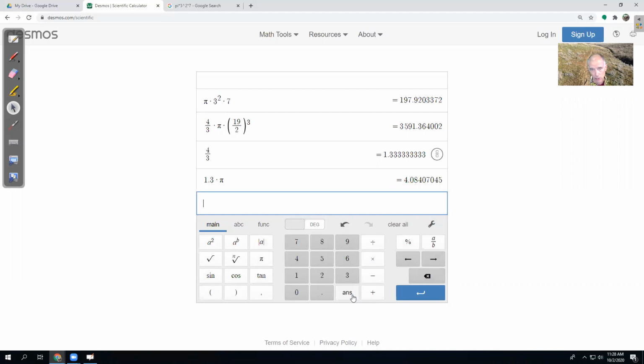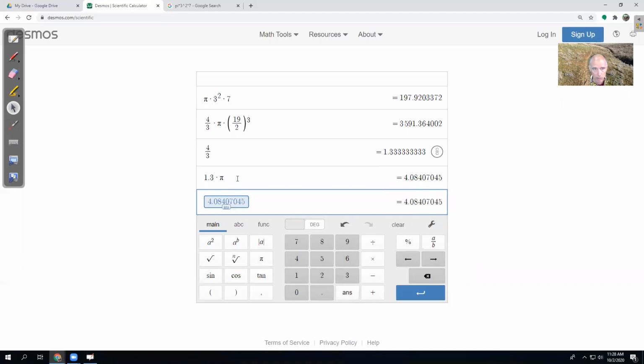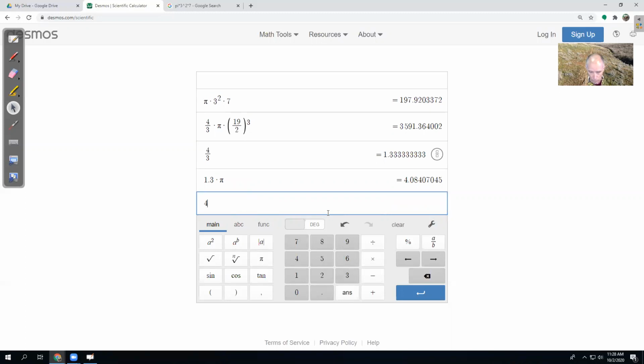Oh, there's a previous answer button, by the way. So I can bring up that previous number, or I could just type it. Like maybe I'm gonna round it again, like 4.08. This is really bad what I'm doing right now. So I'm just gonna show you, you're gonna get the wrong answer. So I took the 4/3, I rounded it, then I multiplied by pi, I rounded again, and now I'm going to multiply by